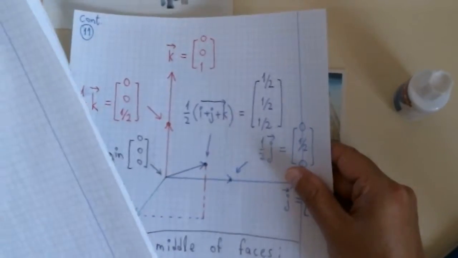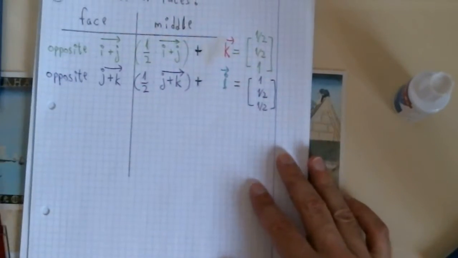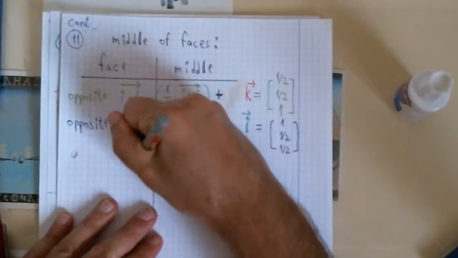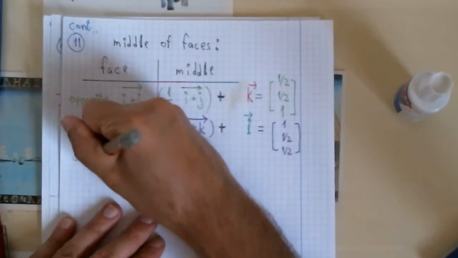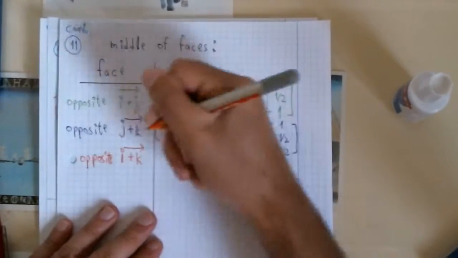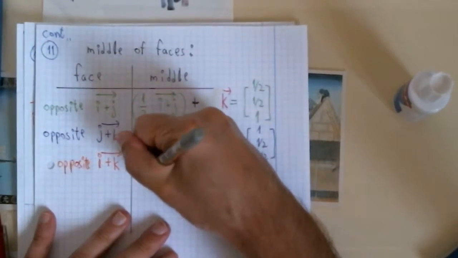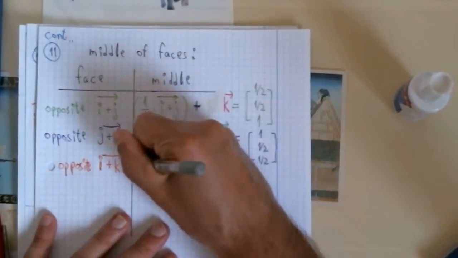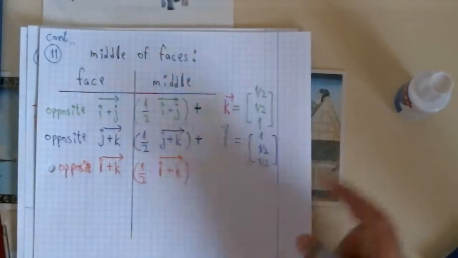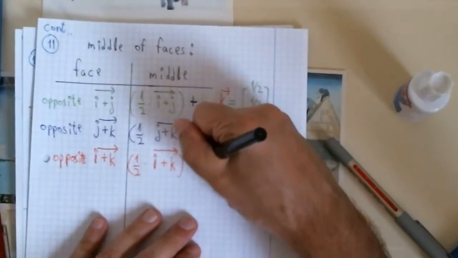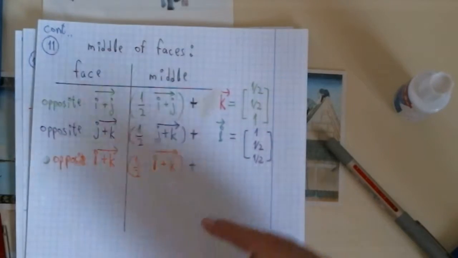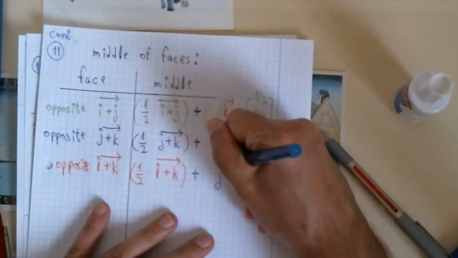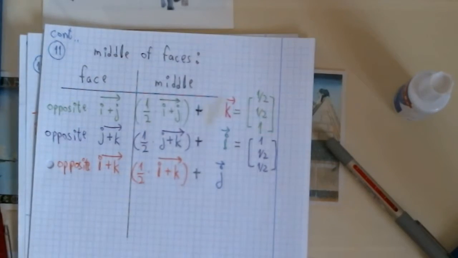And we made it in orange: the opposite of i plus k is half i plus k plus a whole j equals